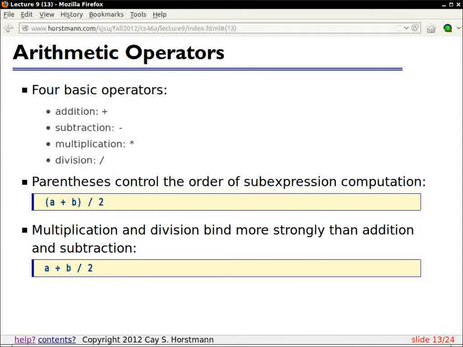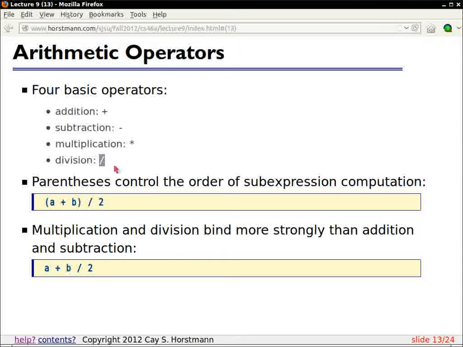Arithmetic operators. Generally, there's no big surprise here. We've already used multiplication many times, and you've kind of gotten used to the fact that it doesn't look like the multiplication that one normally uses in algebra. That's just because on the keyboard they don't have a symbol with a raised dot or a cross. Division is done by a slash. And so the only thing that you then really notice is that something that looks nice and compact in a mathematical notation starts getting kind of spread out when you write it out this way.